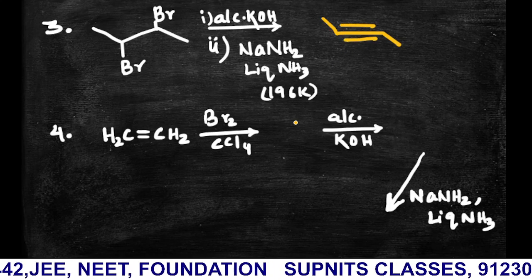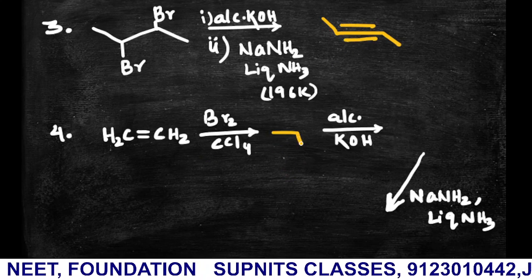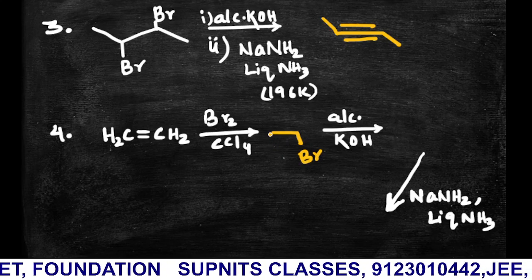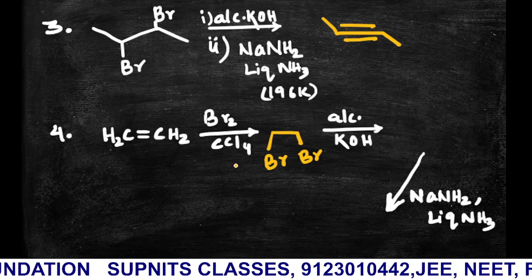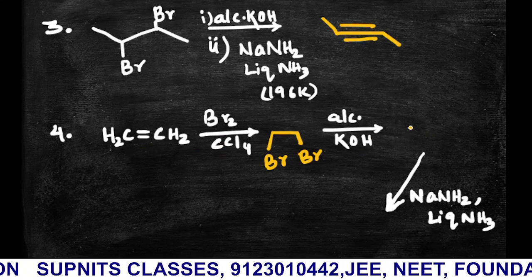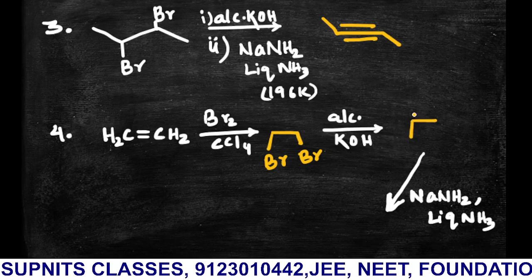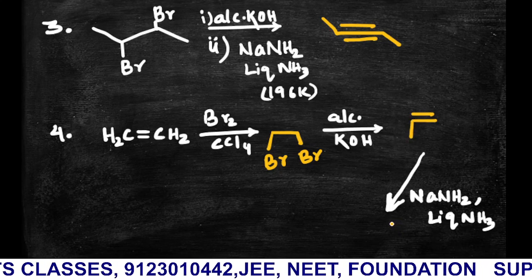I am solving it now. This will be the result, and in this one this is simple addition reaction of bromine opening the bond. Now you have got dihalide. So first one of the bromine will go and there will be a formation of a single halogen